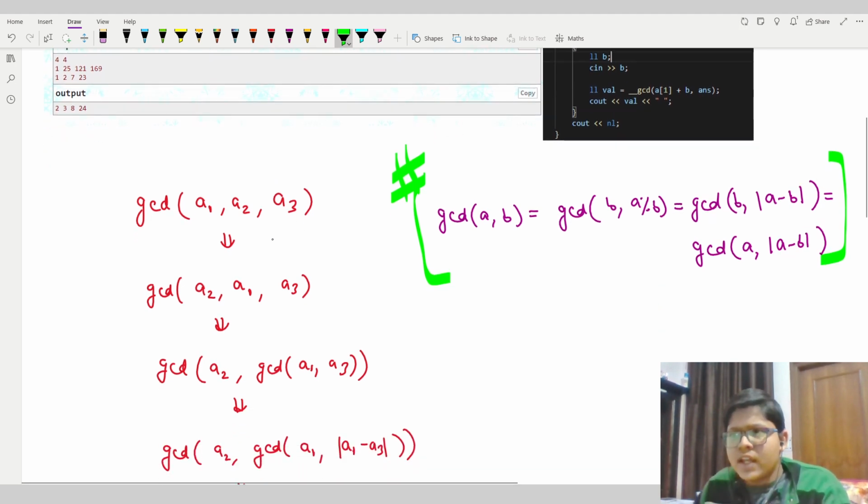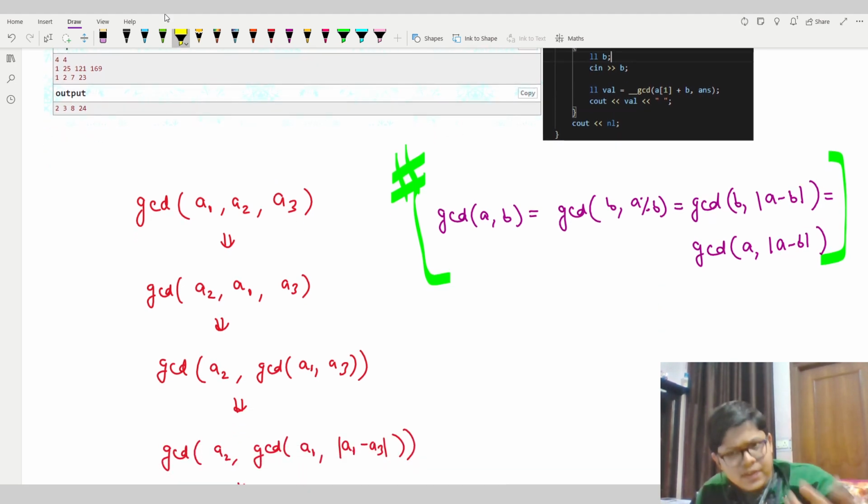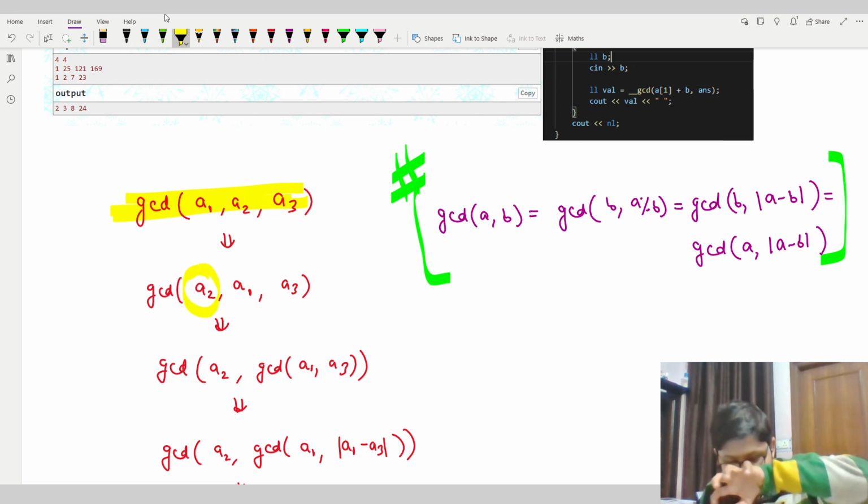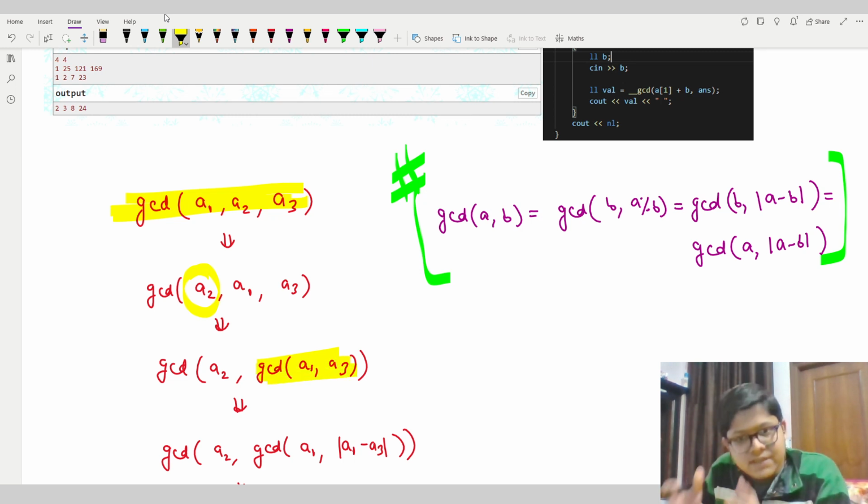Let's suppose we have three numbers. If I need to find the GCD of A1, A2 and A3, I can simply write the same thing as GCD of A2, A1 and A3. It's exactly the same. Then I can also write this as, if I keep A2 separate, the GCD of A2 with the GCD of the remaining A1 and A3.